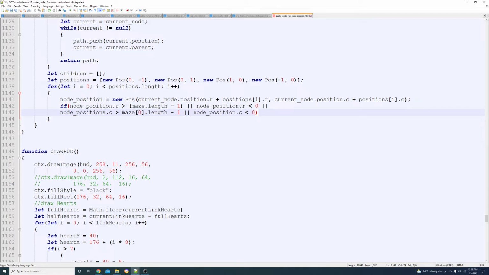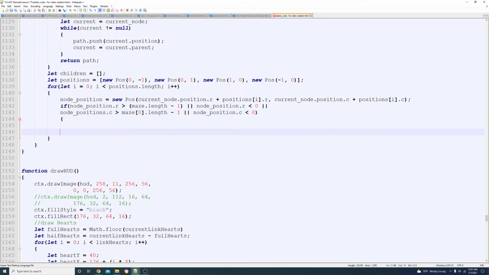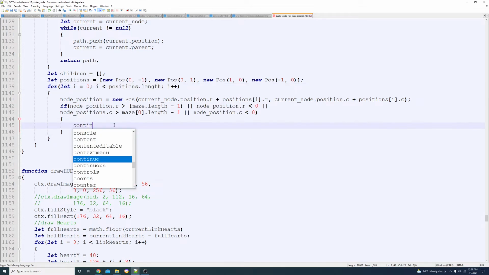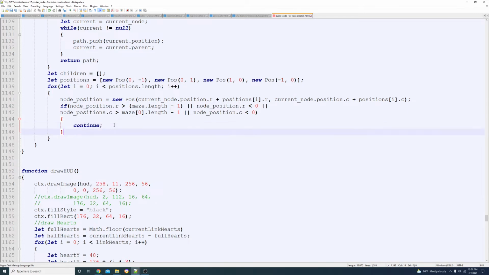Okay, so this is our if statement. So if this is the case, we don't want to keep this position, okay? The position's worthless to us,